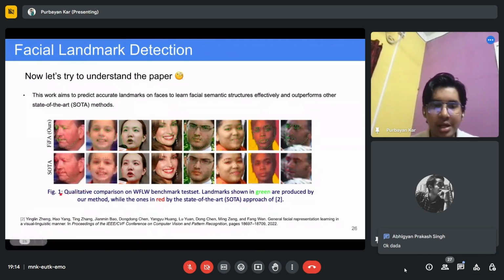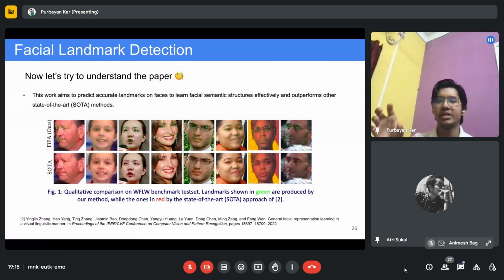So you can see the task is to predict these key points on faces so that we can understand facial expressions. Let's say I might have shown you that lip sync task that I am currently doing. This landmark detection also is involved there. Then I have told you about autofocus in Sony's cameras. Landmark detection is also being used there.